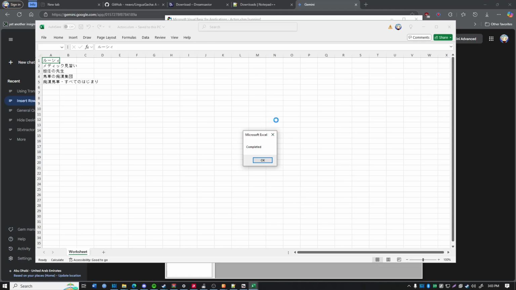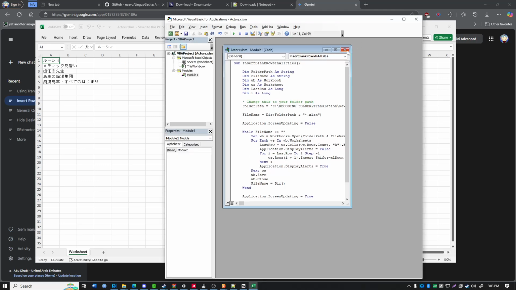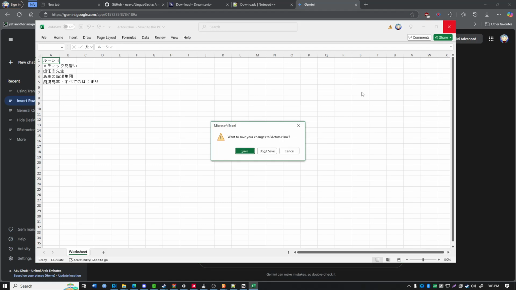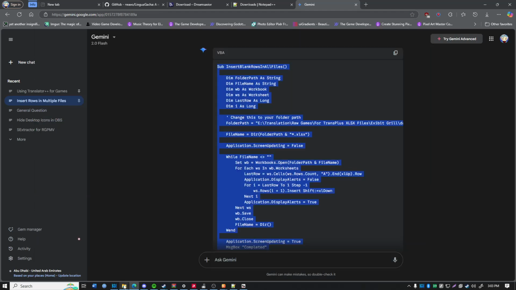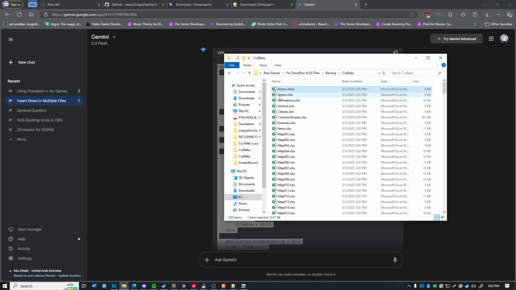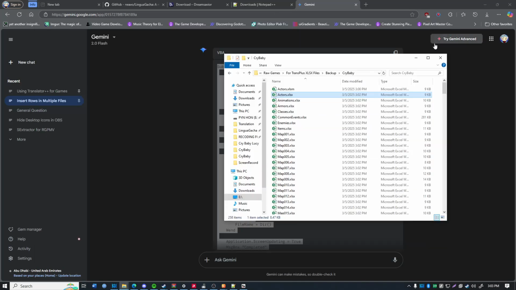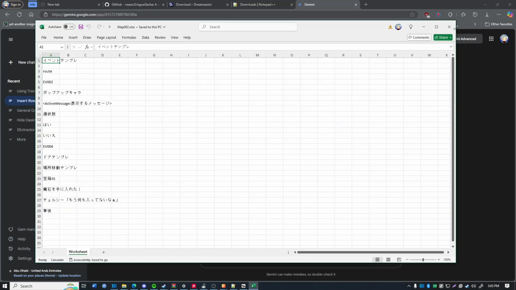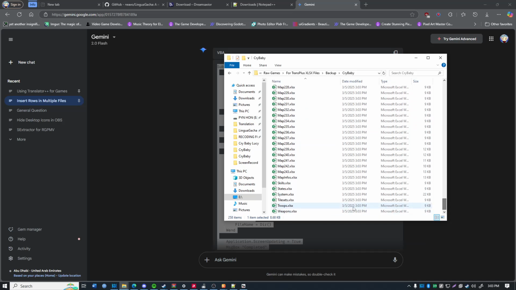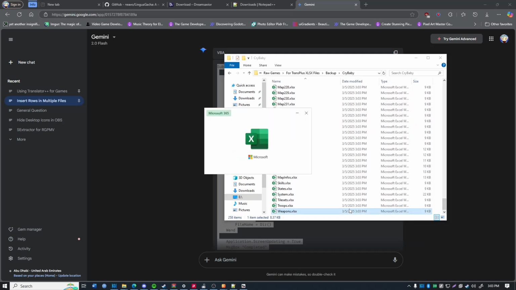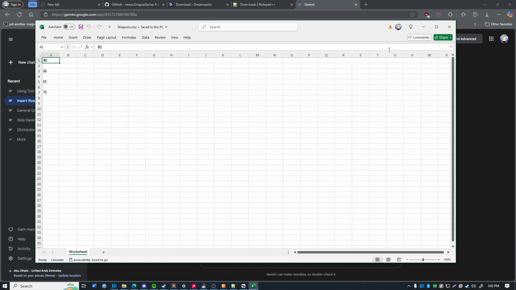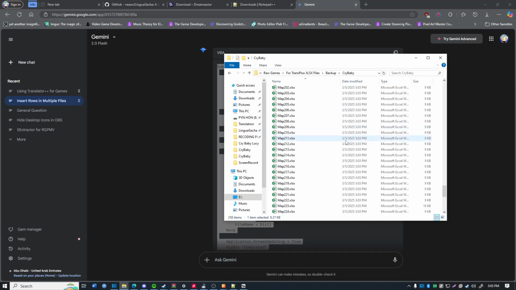Okay, once you see it's done, press OK. You can close all of these tabs here, here, here. Let's go back and check. And you see, it's already formatted. Just to be sure, double check, but I assume it will be all formatted, as you can see here. Okay, so now moving on to our next step, just copy all of this